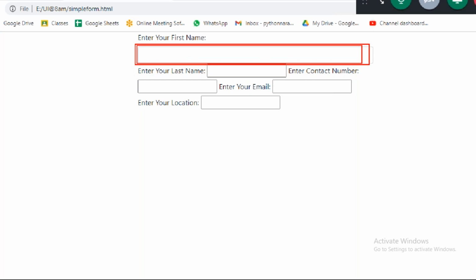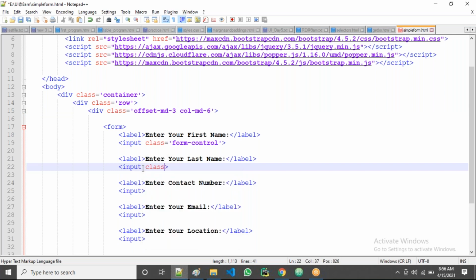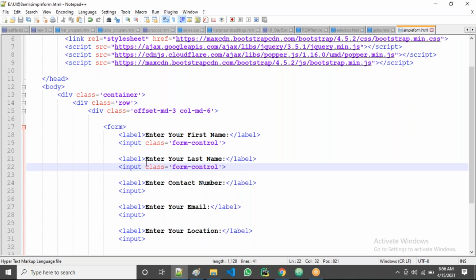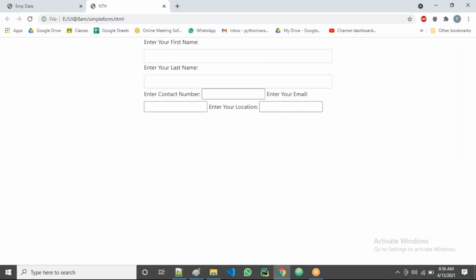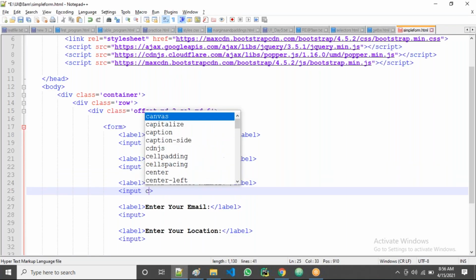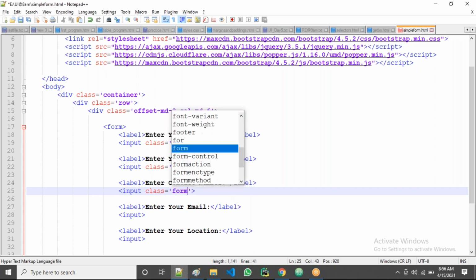I'll do the same thing for all the input tags. Again, class. What's the class name here? Form-control. I use it for the last name, right? Let's refresh here. Yes, guys. Next one, same: class, then form-control.